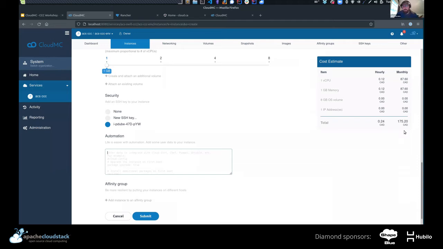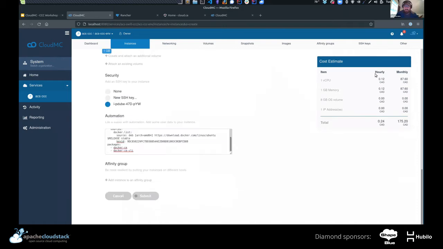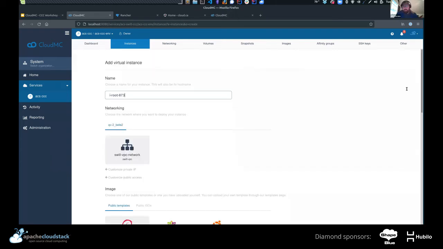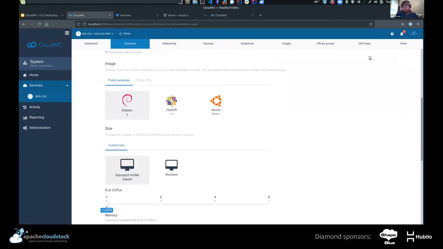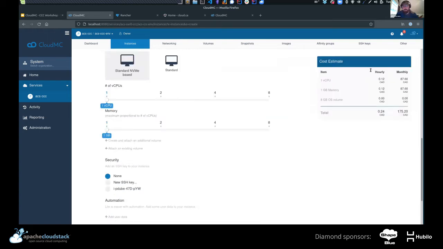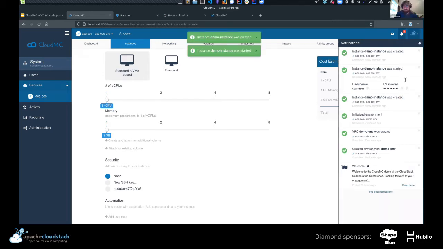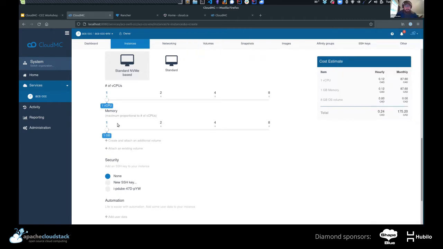And we'll hit submit. Oh, one thing you'll notice here on the right, which I completely skipped over, I'll show you again while this adds. You can see that there's a pricing calculator over here. Here it is, it came up, and you can view the password if you want. You can just copy it, but the instance has spun up, and we could look at that in a minute. But what you'll notice here is that we have pricing set up for vCPU and memory in this case. And as you change the amount of resources, it changes the cost of the instance.